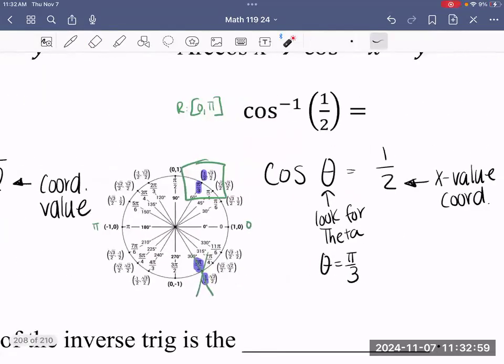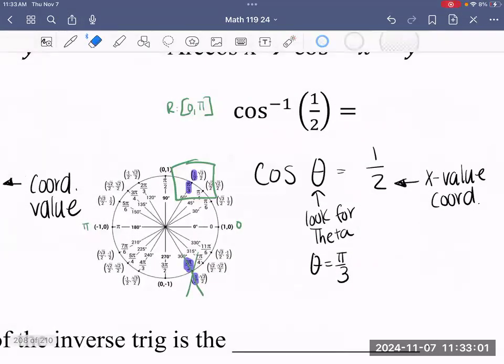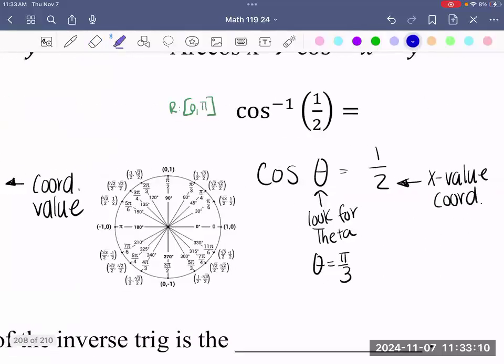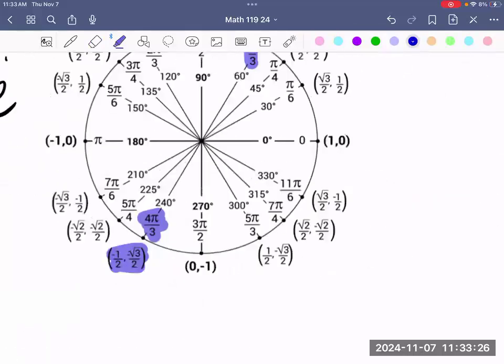So looking back at your graph here, where is that going to occur? We said, well, when your y value is root 3 over 2, that's right here for your y, so at pi over 3. And again, we want a positive, meaning that we could also have a double negative. So your y value here being root 3 over 2 and your x value being 1/2, again, a double negative